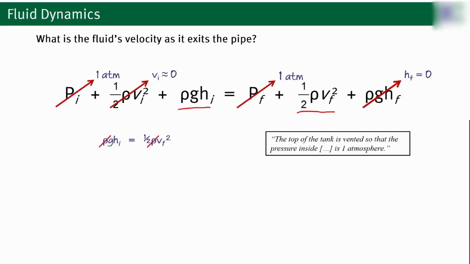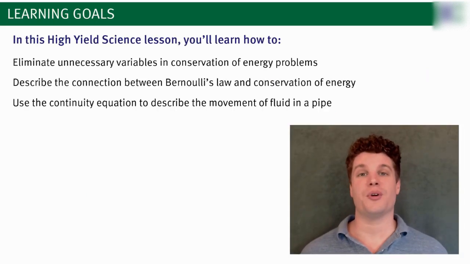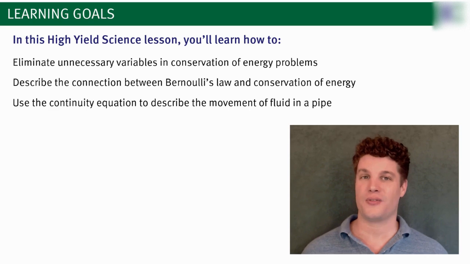First, knock out the density term on the left and right, and what that leaves us with is that 1/2 v squared on the right equals 10 meters per second squared, which is always a good approximation to use for gravity on the MCAT, times the height that the water started above the final position, which was 5 meters. Doing a little bit of solving from there, we multiply both sides by 2 so that v final is 10 meters per second. In this lesson, you saw that Bernoulli's law is really just a statement of conservation of energy, specifically for fluids. This is one of the most challenging topics that you're going to have to know for test